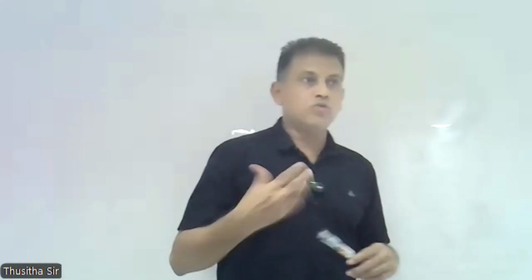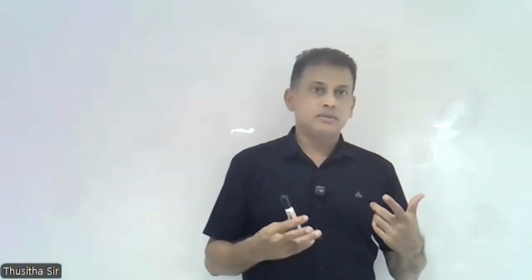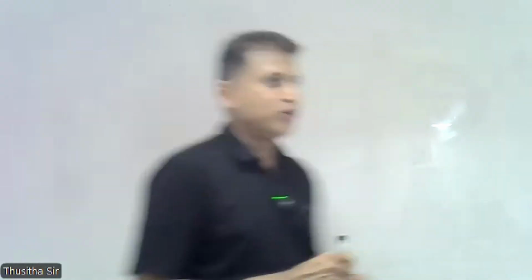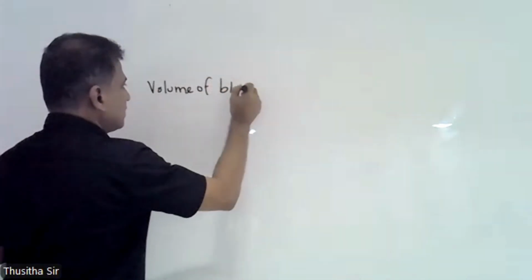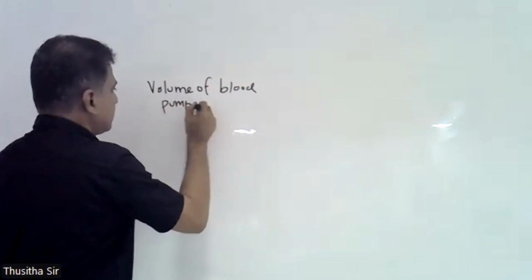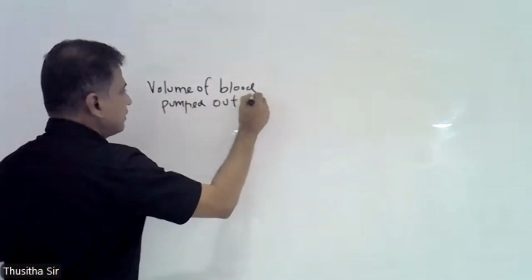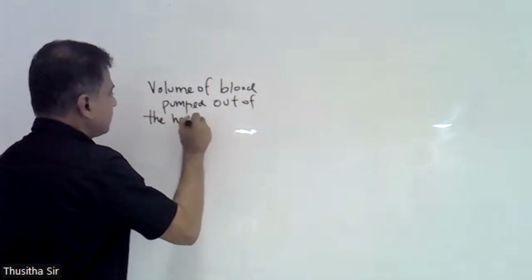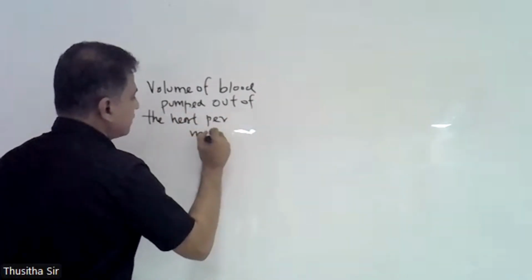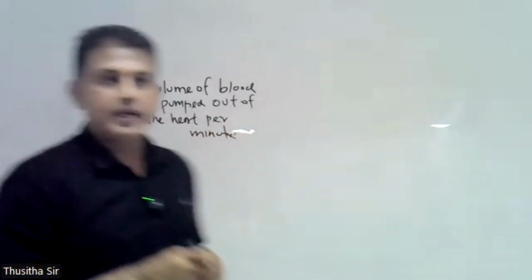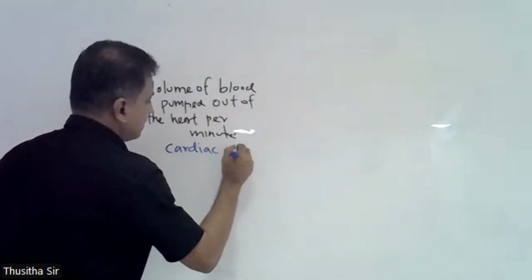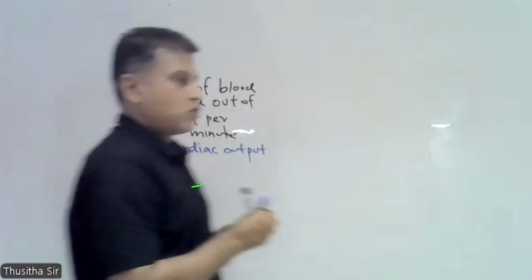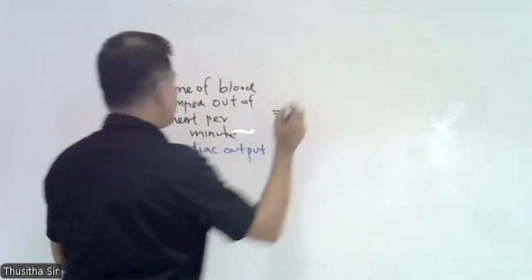So we can also calculate the total volume pumped out of the heart per minute, right? So the volume of blood pumped out of the heart per minute is called cardiac output. To calculate the cardiac output, we need the amount of blood pumped per